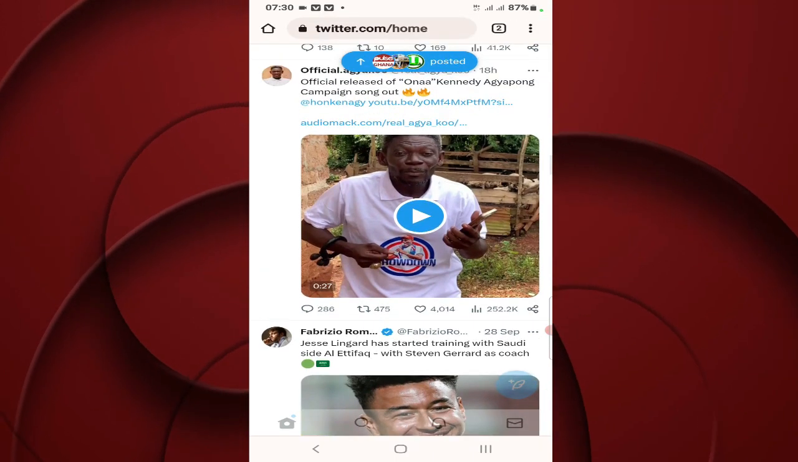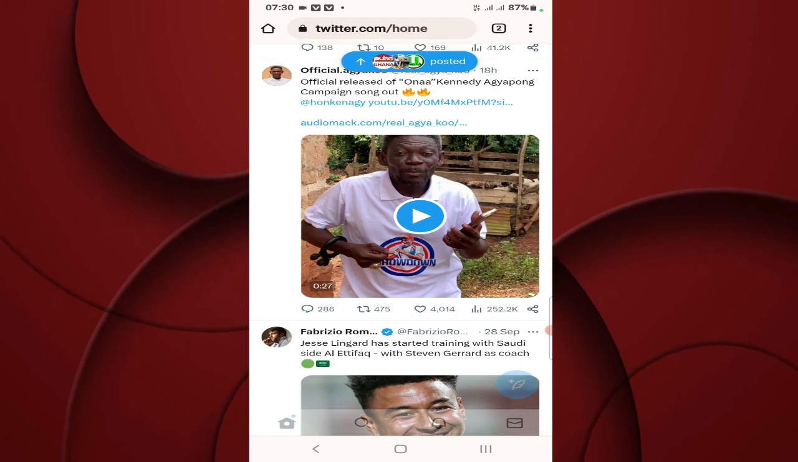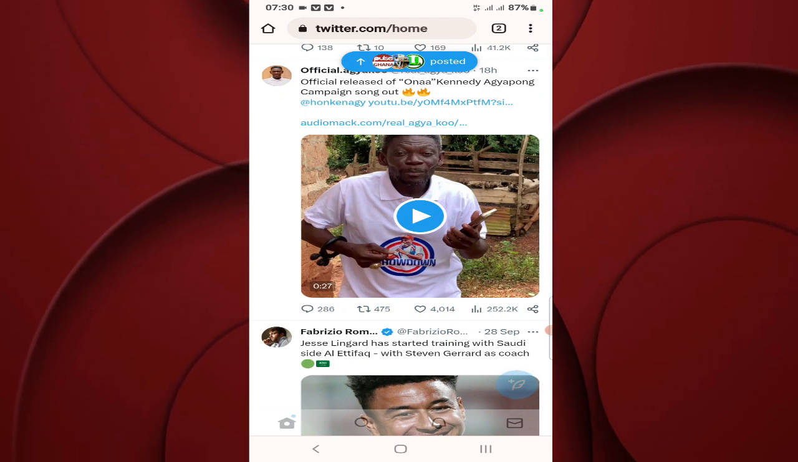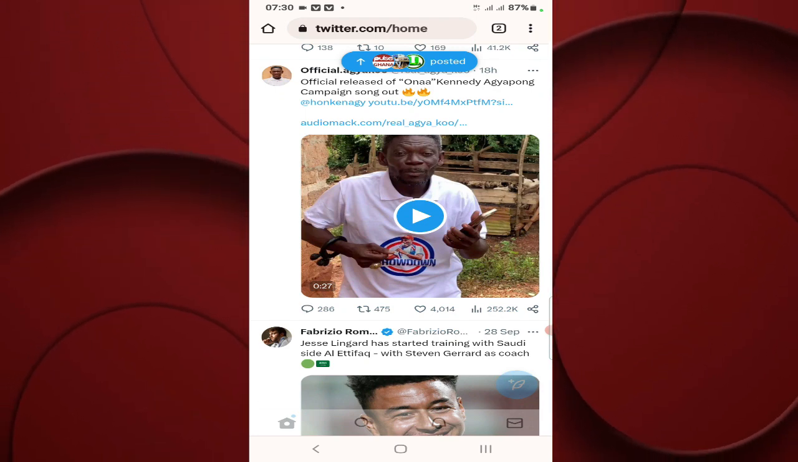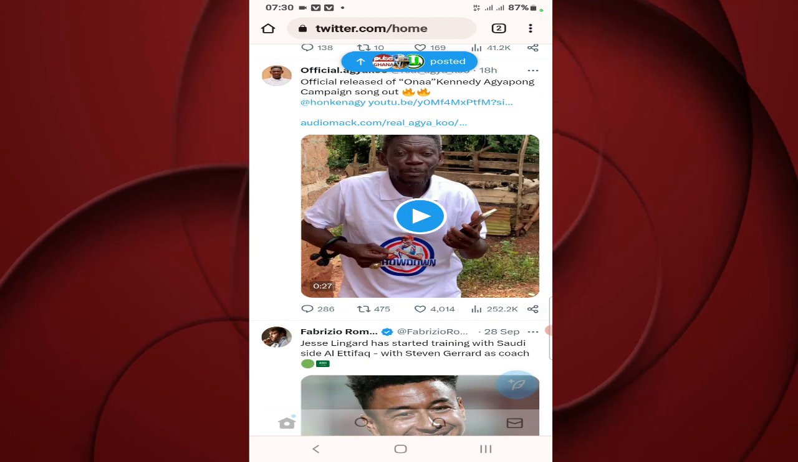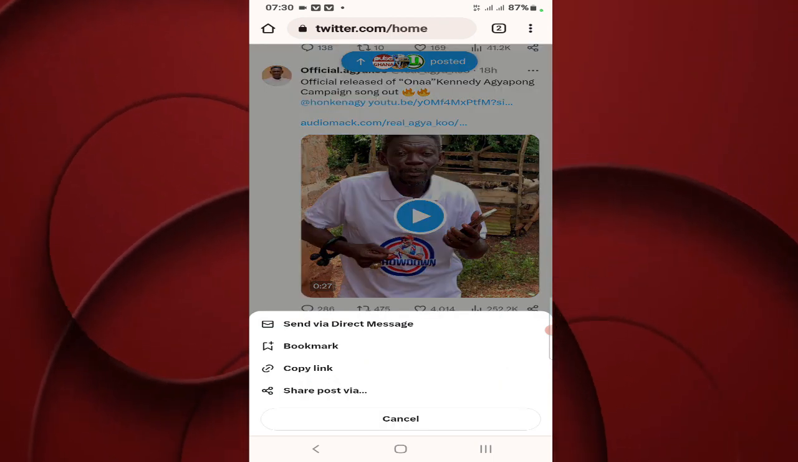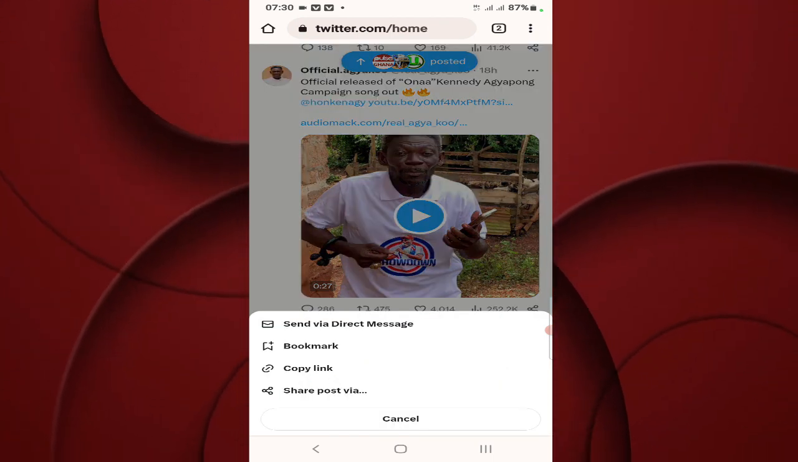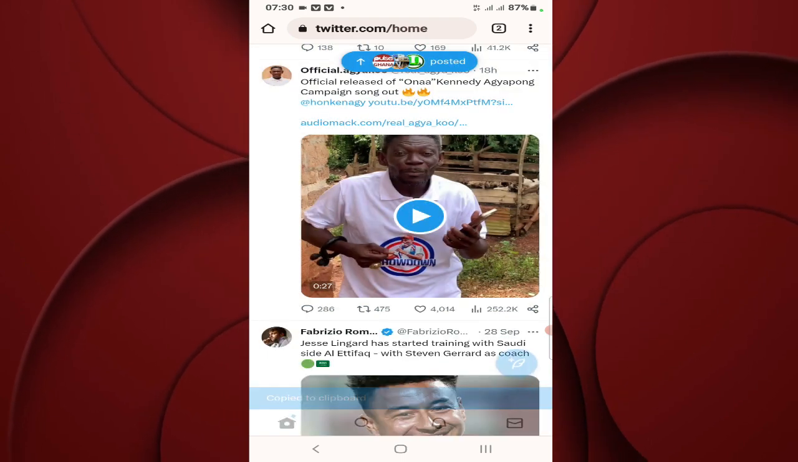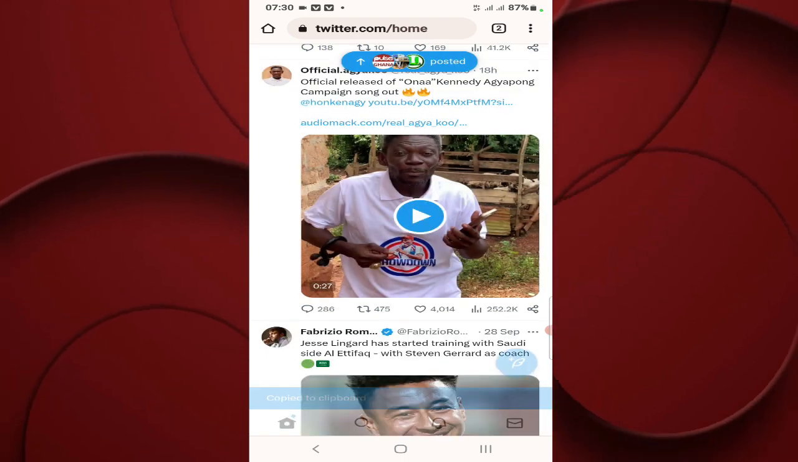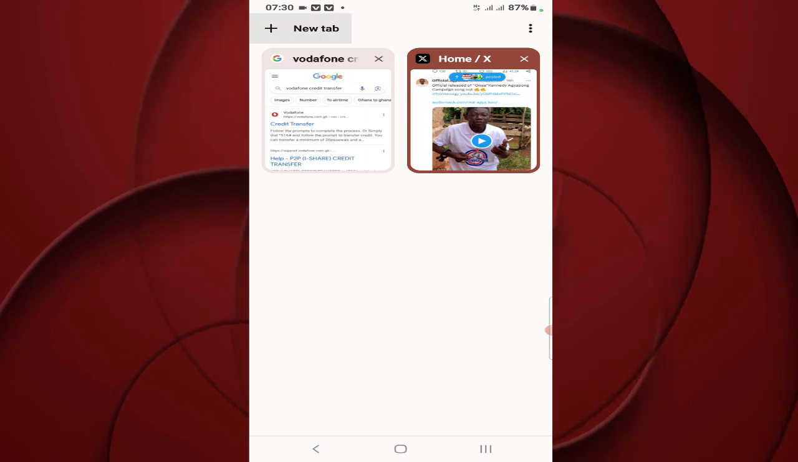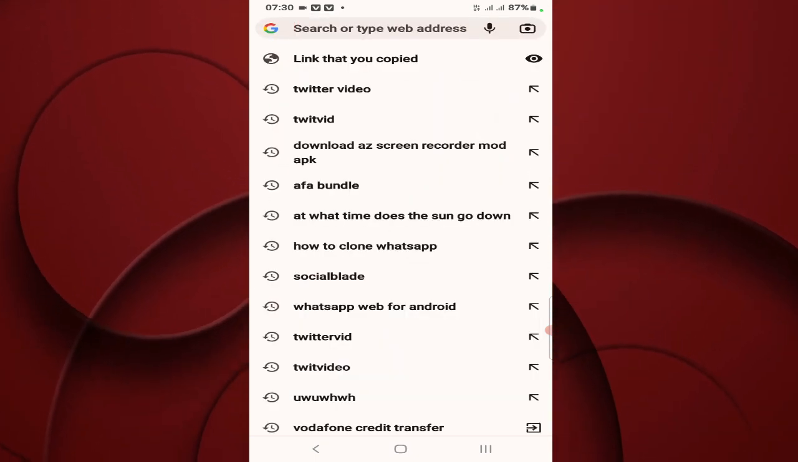In here, I have a video, and this is the video that I want to download. So the first step, open your Twitter, select the video, then select the share button and copy link. After that, open a new tab and type in